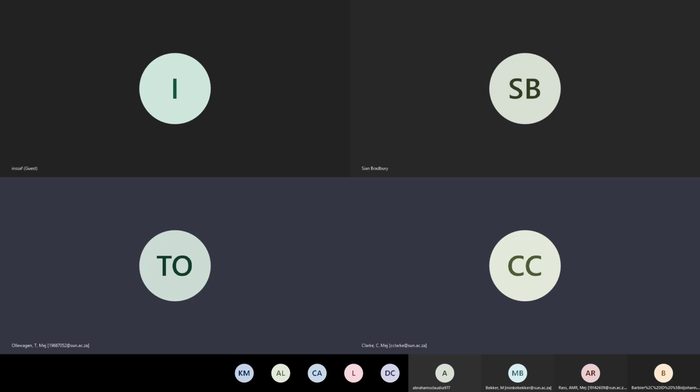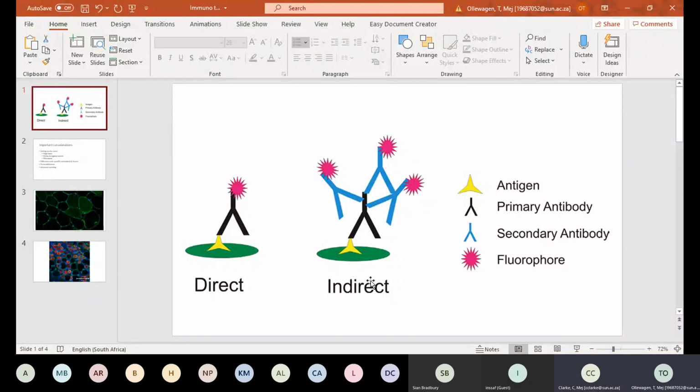So I just wanted to briefly touch on the principle of immunofluorescence. I hope that you guys can see, but I know that the previous talk kind of mentioned it. I want to just also mention the pros and cons of using both indirect and direct staining. With direct staining, you'll be using a conjugated antibody, so your fluorophore is already attached to your antibody. The pros of this is a quicker stain because you won't have to waste the time in using a